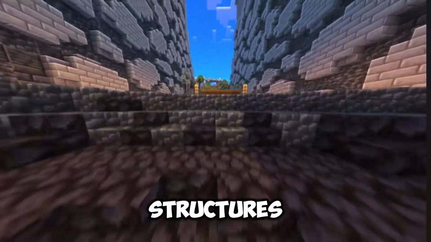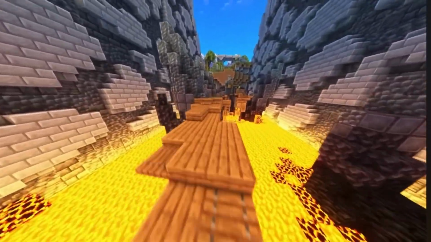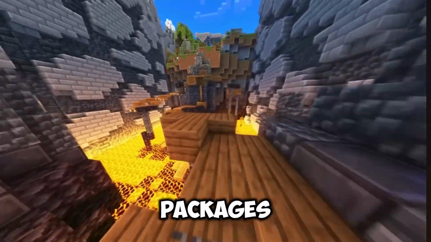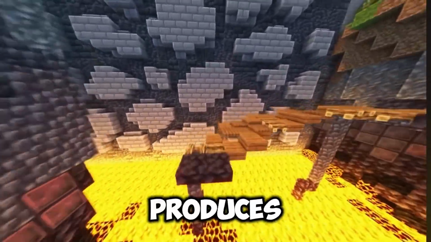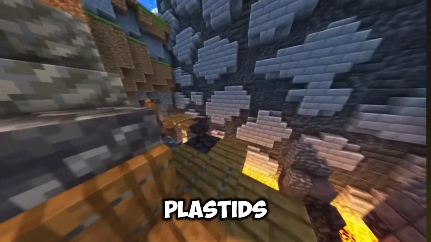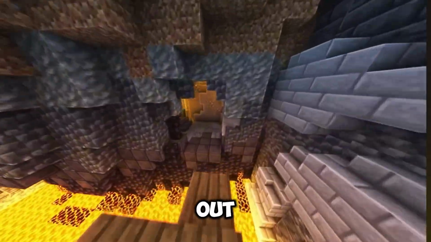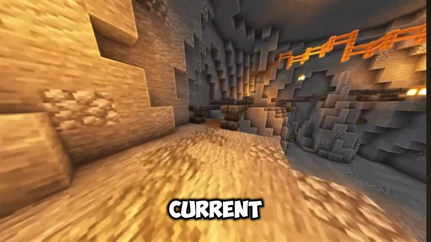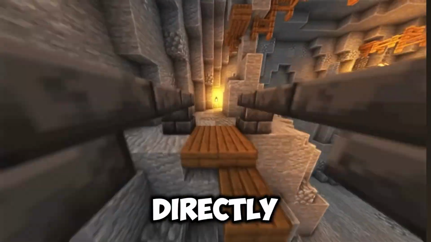Eukaryotic cells contain structures such as the endoplasmic reticulum, which helps synthesize proteins and lipids, the Golgi apparatus, which modifies and packages these proteins, mitochondria, which produce ATP, lysosomes, which break down waste, and in plant cells, plastids like chloroplasts, which carry out photosynthesis. Before we wrap things up, let's connect this topic to current scientific research that builds directly on